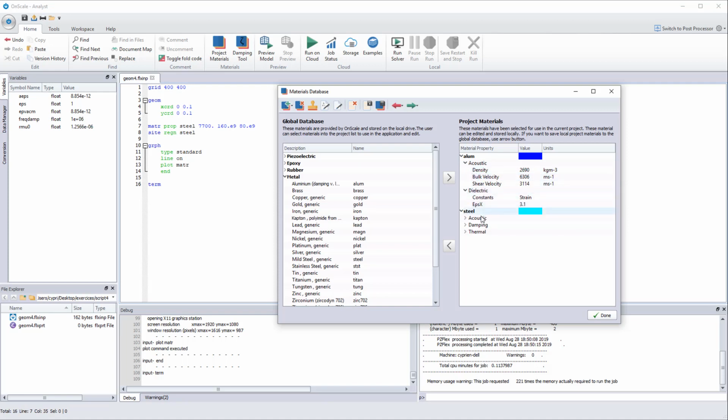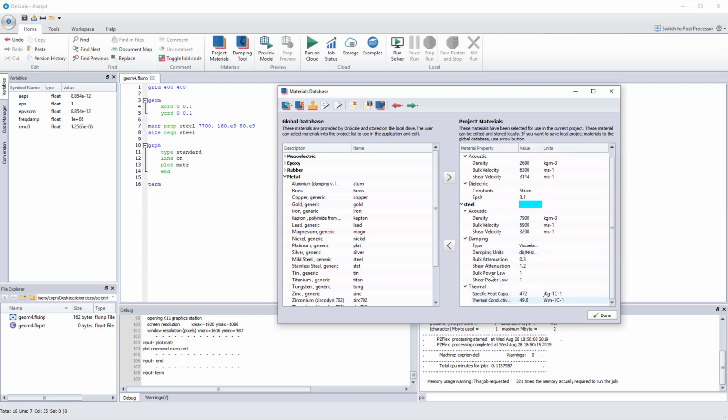I have dielectric constants, damping coefficients, thermal values, a lot of stuff that I would have to write, so it would actually be very long. So I don't need to do that. I just need to go here and save the material to the clipboard. Click here,